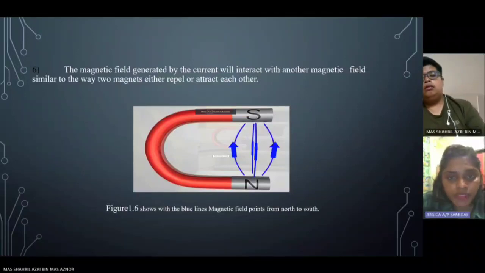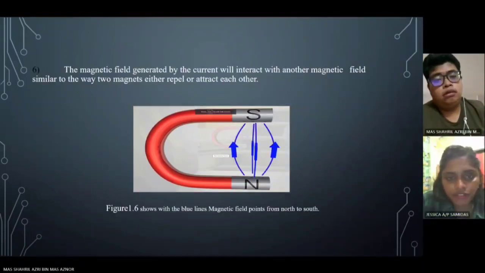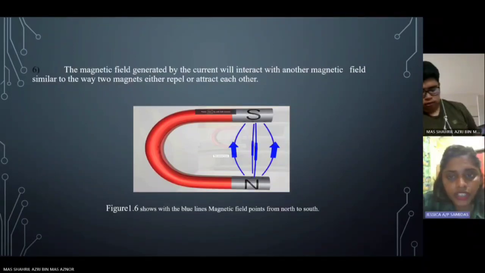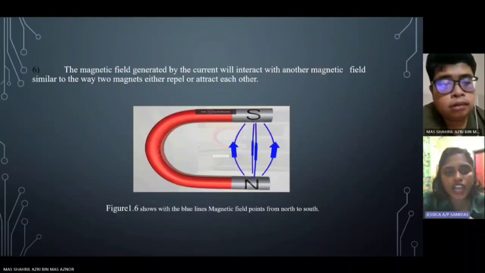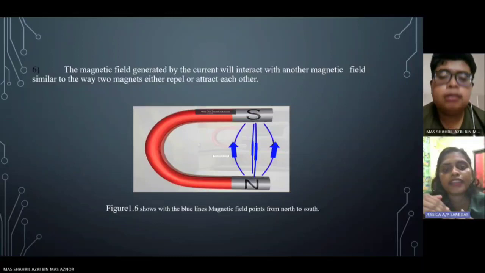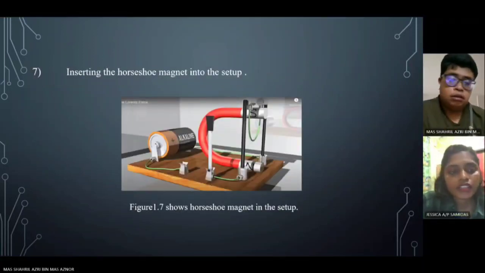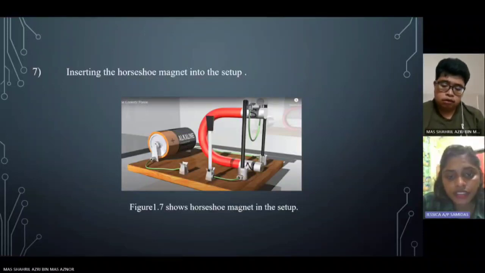Next, we are using the horseshoe magnet in order to see what effect it will have, because the horseshoe magnet's field is similar to the magnetic field generated by the current. Either it repels or attracts each other. So we insert the horseshoe magnet into the setup from just now. Here you can see we have set the circuit, like the wire